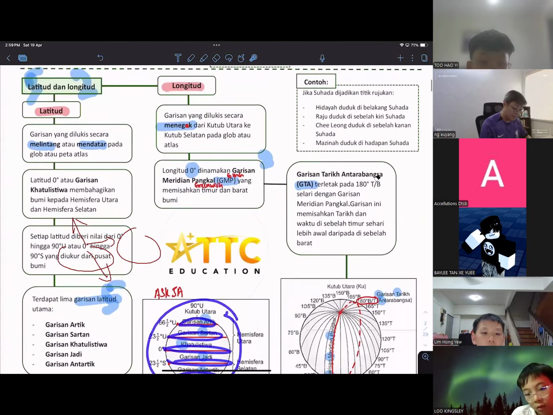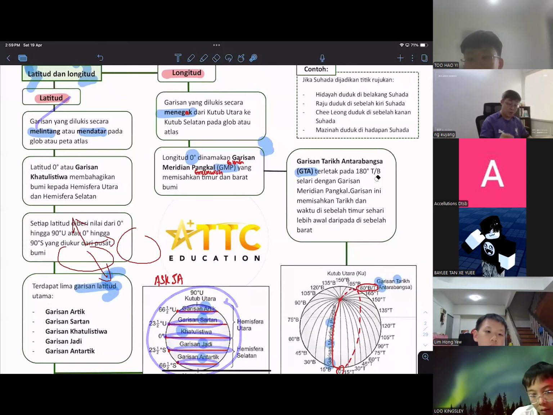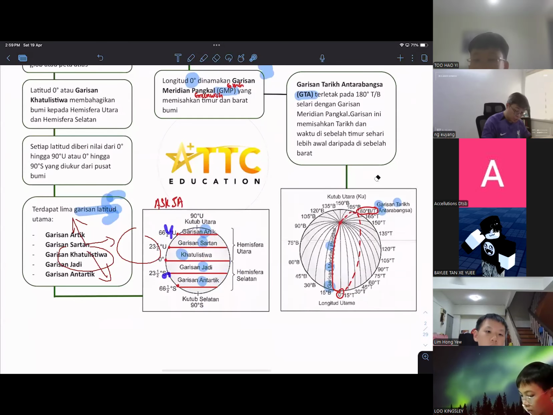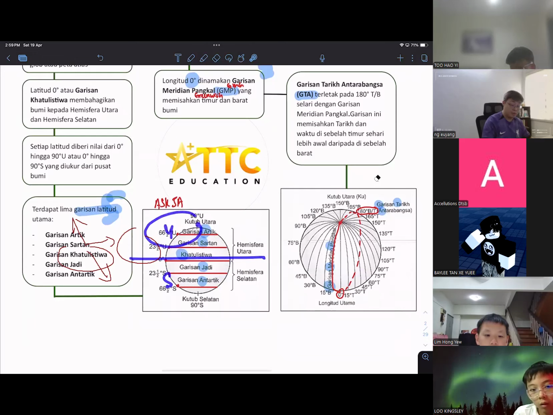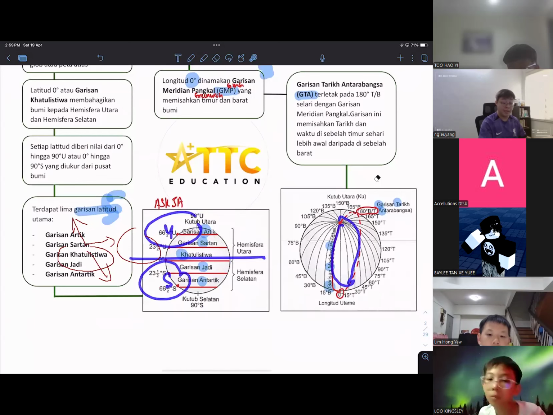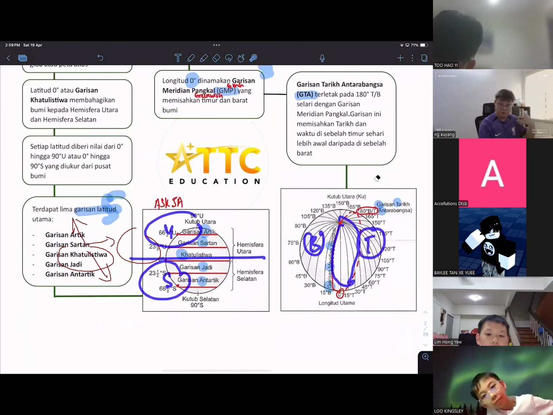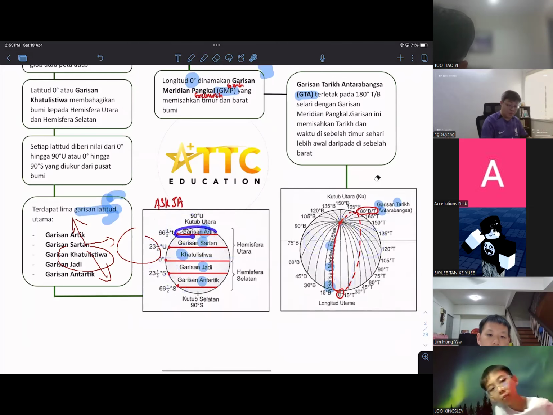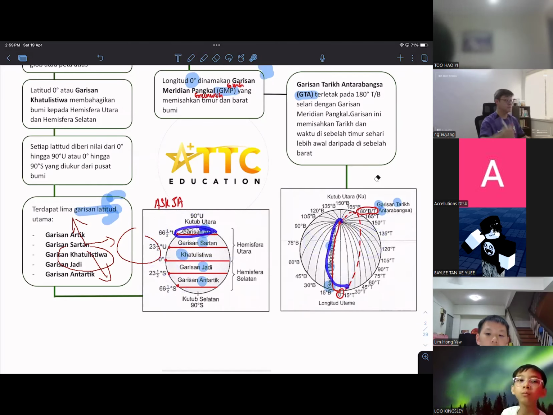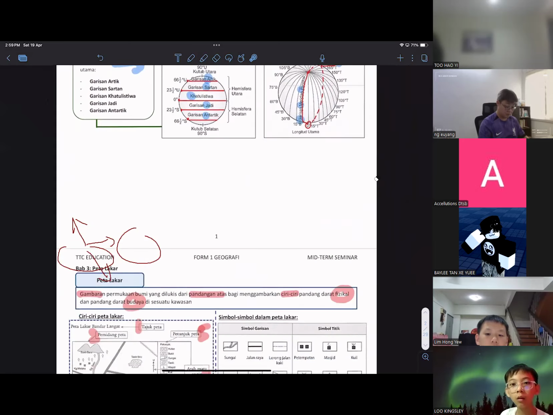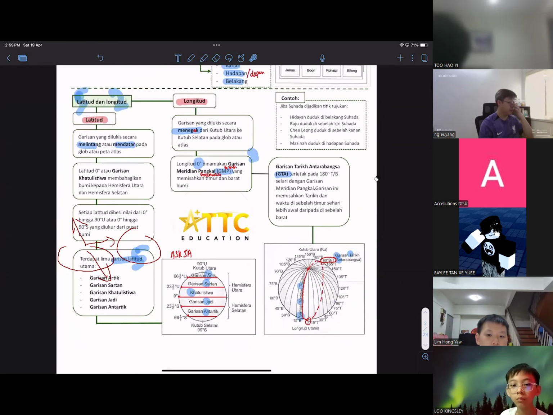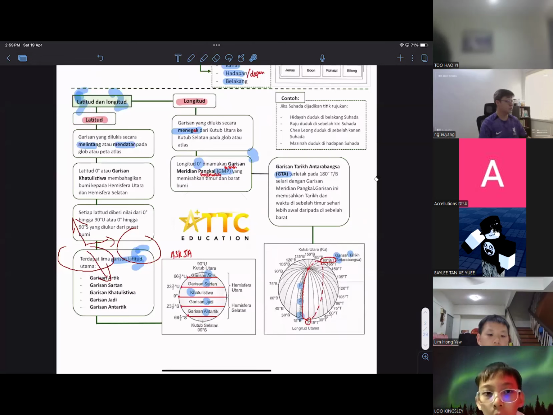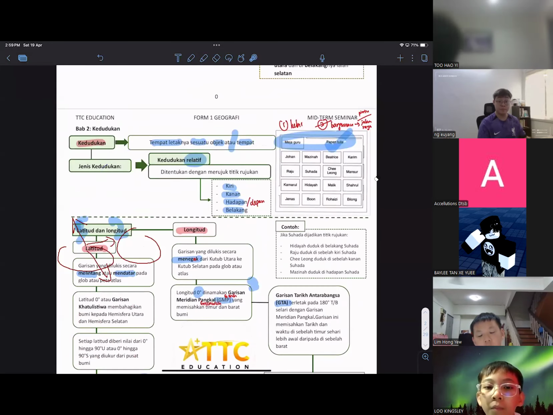Okay? So the purpose for the latitude, we have to mention U or S, which is menentukan the bahagian utara and selatan for the bumi. And longitude pula is trying to menentukan the bahagian barat and then bahagian timur for the bumi. So the difference, one full circle, half circle. Okay, so this is your page 1. No questions, right? So this is all about two.